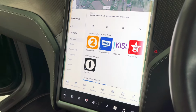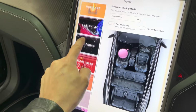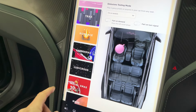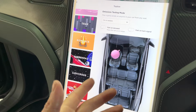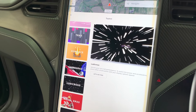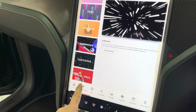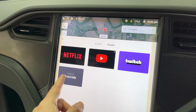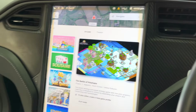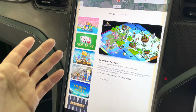Going on to this menu here as well, you've got things like Toy Box. So you've got all the different little things that you can do there, which are quite cool, including the song and dance that the Tesla can do, the whoopee cushion, etc. Got Ludicrous mode, and that's pretty cool. You've also got the entertainment, so you've got Netflix, YouTube, etc. Now you don't have that on the earlier models, so you need a 2019 one to have all those, or later. You've got the arcade games,